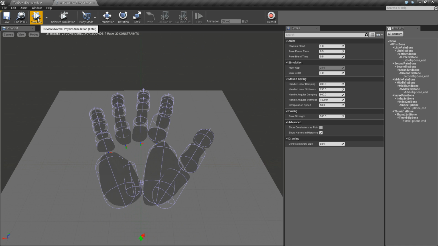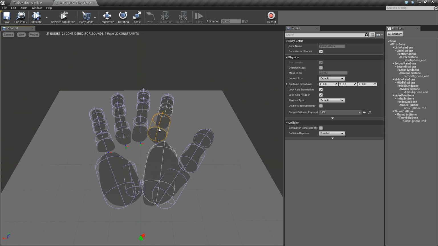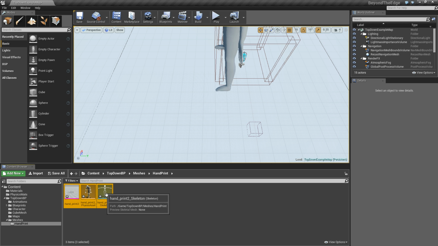So the problem is this: if I click on a sphere and translation and then drag it, you can see that the sphere moves much further than the handle it's associated with. This is due to a difference in the scales between Blender and Unreal Engine. We can delete these